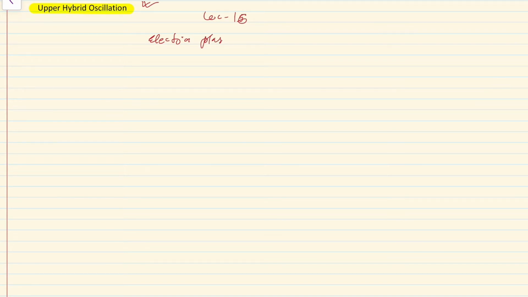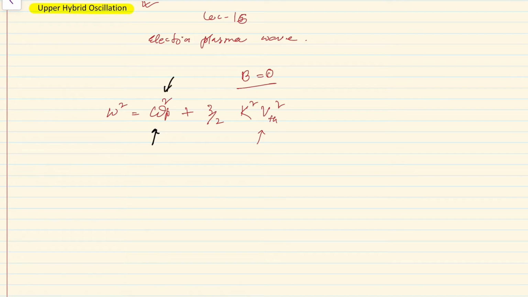electron plasma wave, and in that case we had considered that no magnetic field was applied there, and we obtained a dispersion relation that omega square is equal to omega p square plus 3 by 2 k square Vth square, where Vth represents thermal velocity. So here you see, this omega p was the plasma frequency, and now in this case we are going to observe the upper